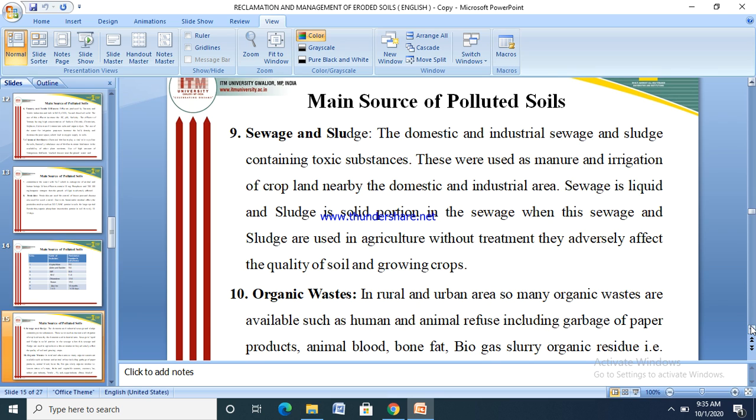Now, sewage and sludge. This is also a very important source of pollutants. Domestic and industrial sewage and sludge contain toxic substances. These were used as manure and for irrigation of cropland near domestic and industrial areas. Sewage is liquid and sludge is the solid portion in the sewage. When sewage and sludge are used in agriculture without treatment, they adversely affect the quality of soil and growing